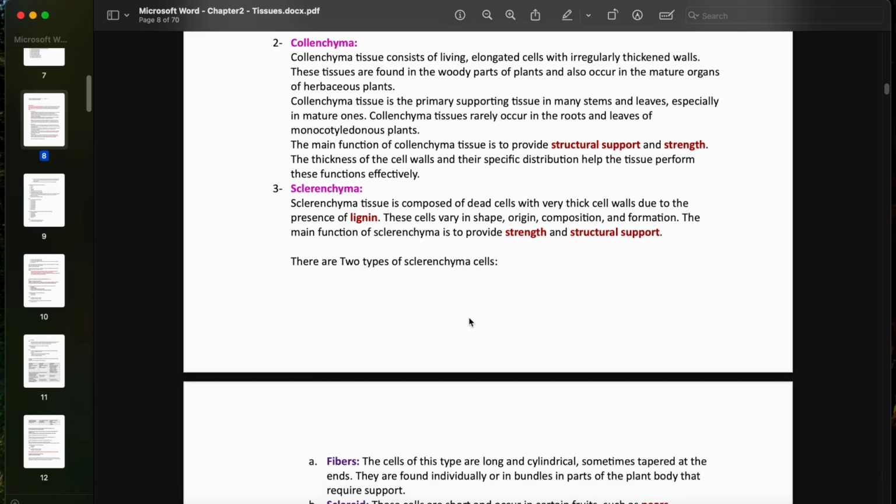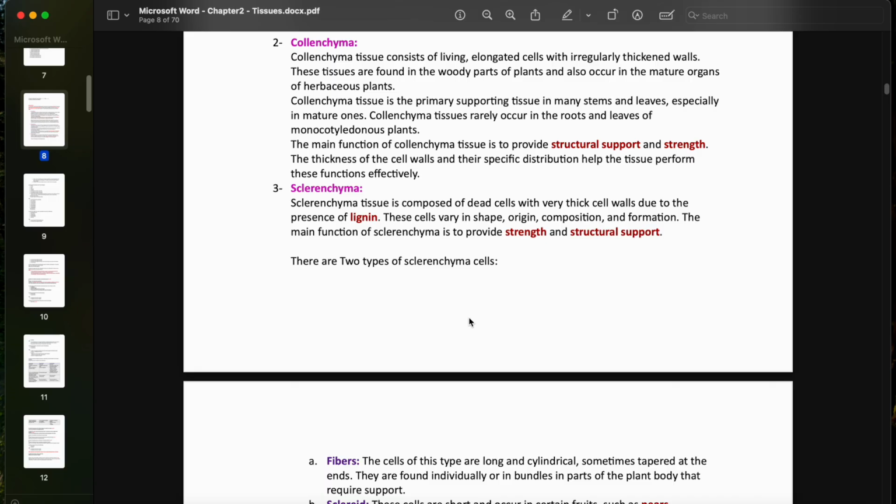And finally, we have the sclerenchyma. The sclerenchyma tissue is composed of dead cells with very thick cell walls due to the presence of lignin. These cells vary in shape, origin, composition, and formation. The main function of sclerenchyma is to provide strength and structural support,